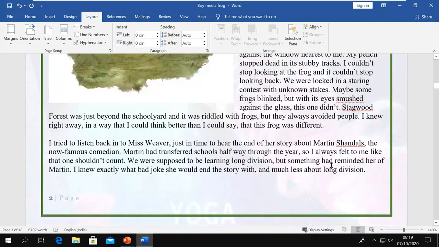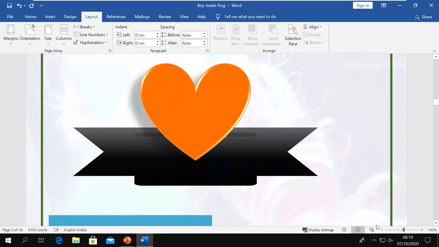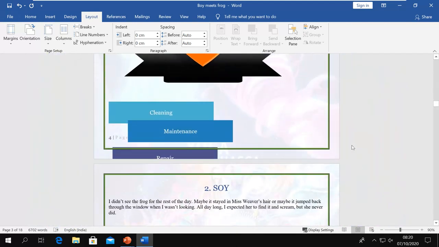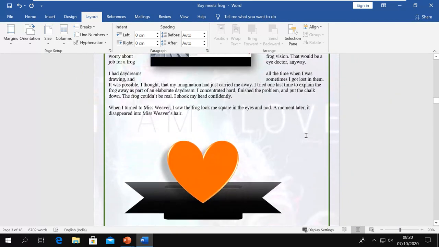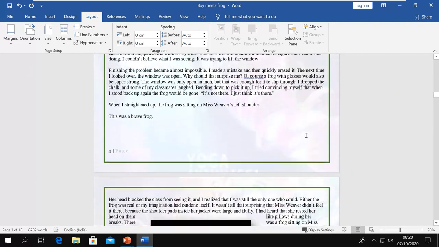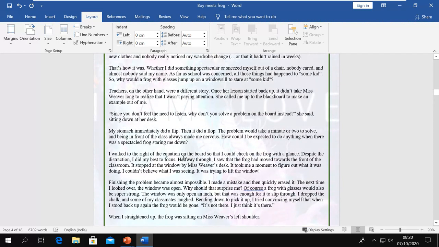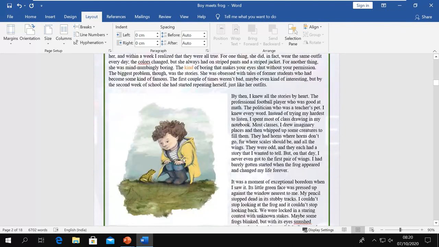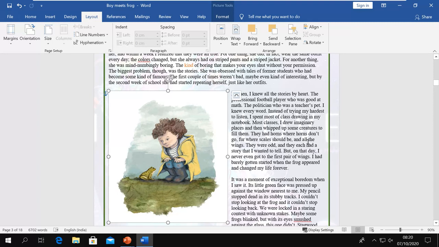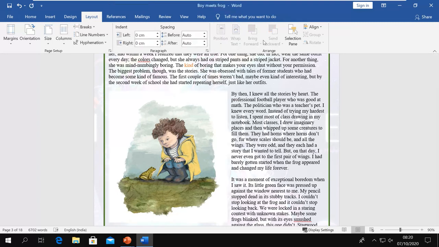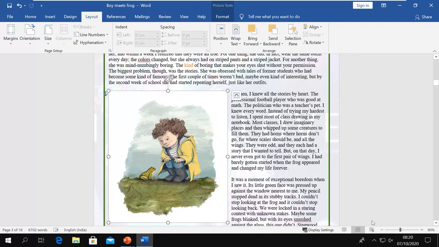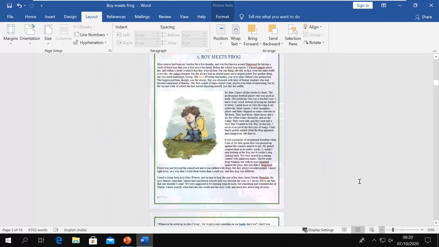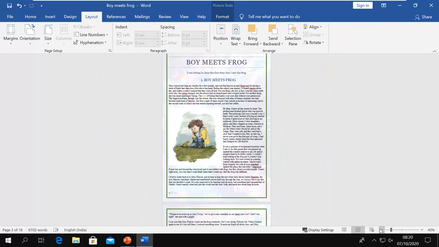So I do have some objects here in my document. I have these shapes, I have some images. When I select this, now see, if I don't select, these options are not available. I only have the option to open the Selection Pane. Now when I select it, it opens these options. Now what do they do here? The first command is to change the position.